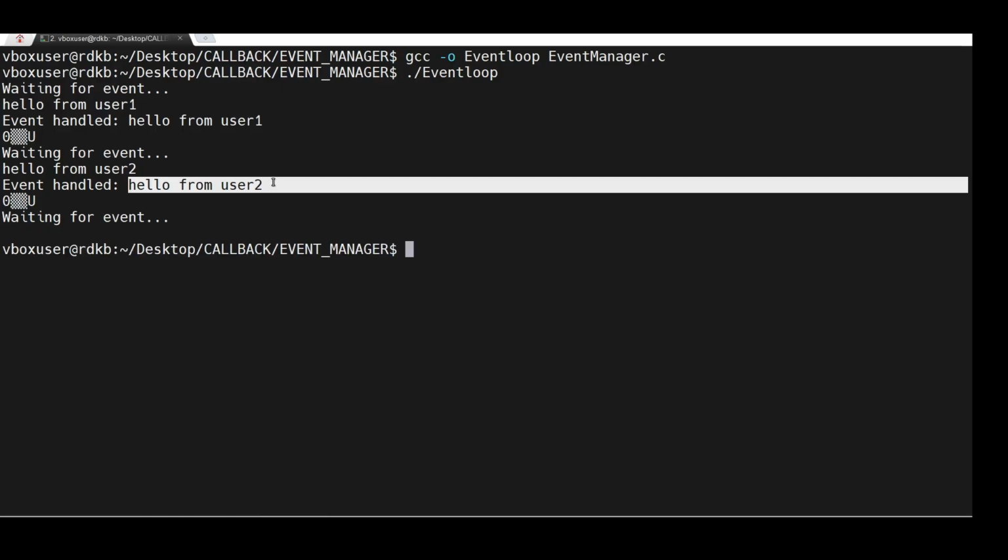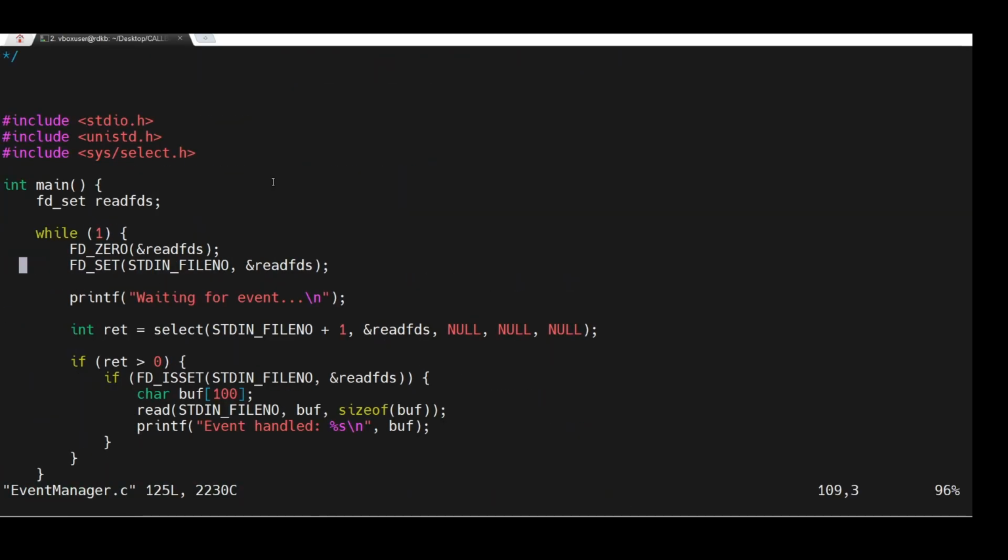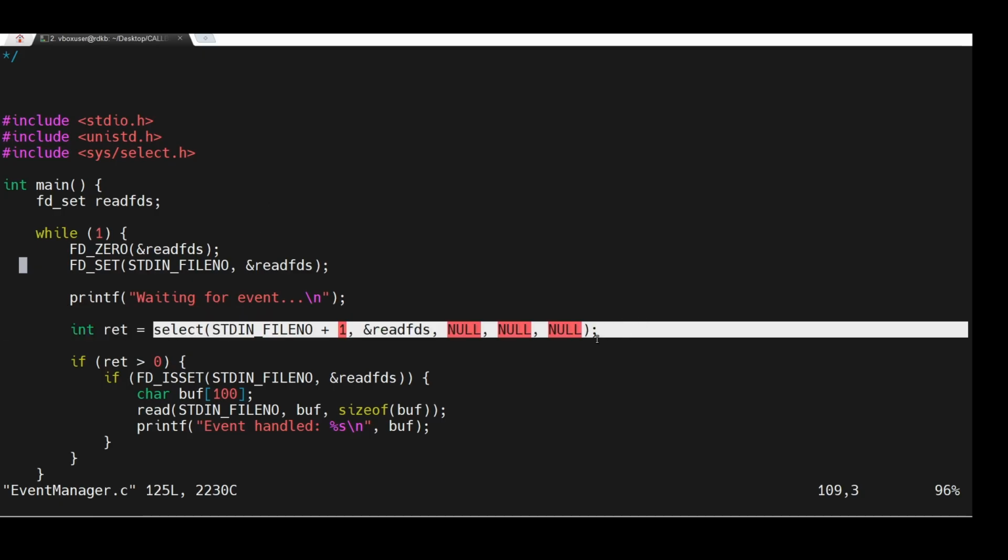Okay, so if I go back to the event manager, here our terminal is the event generator or producer, and select is the event identifier. So when an event comes, it goes to select for identification,